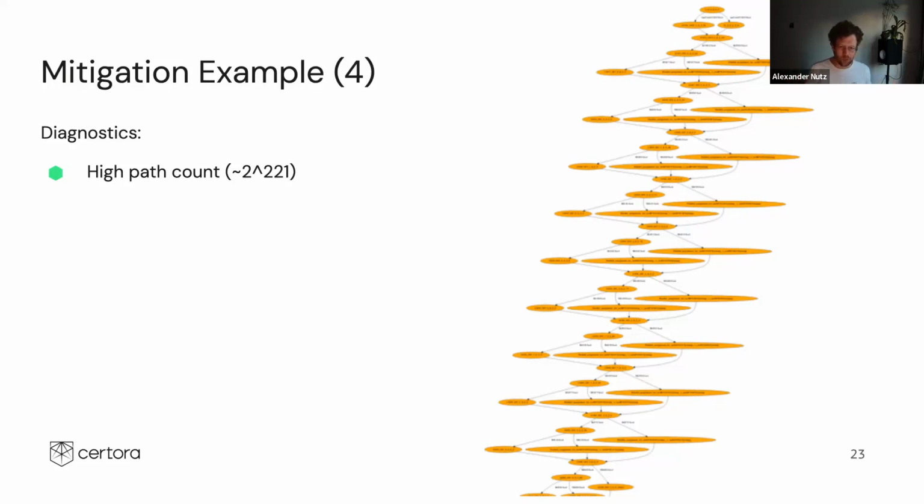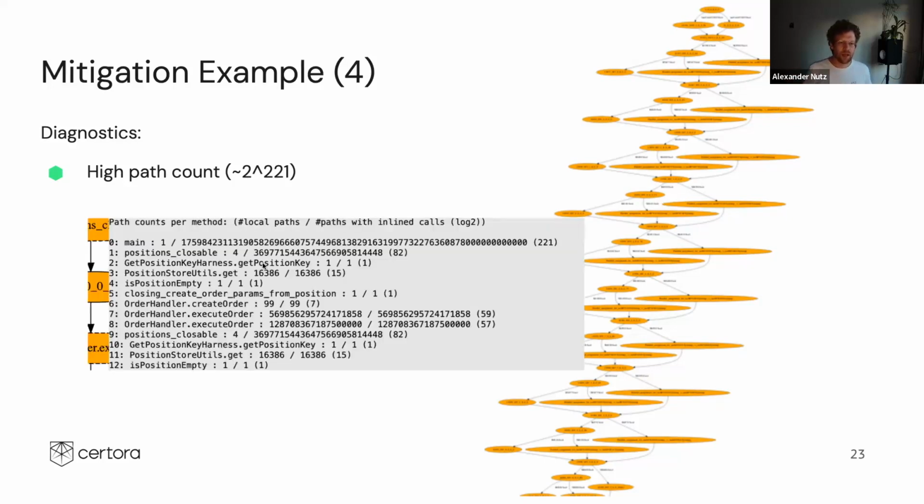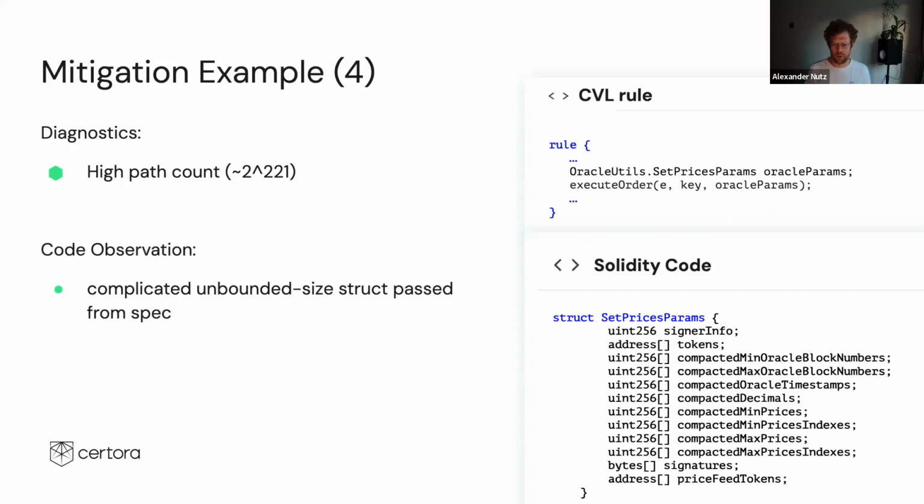So let's think about where it comes from. Again, this is where you can see in this explanation box that this path count is so high. So we thought, where does it come from? And actually there is a source for this, which is when some pretty complicated struct, which has unbounded components, which this has very heavily, is passed from spec to Solidity, which is happening here, right? So that means that the solver has to